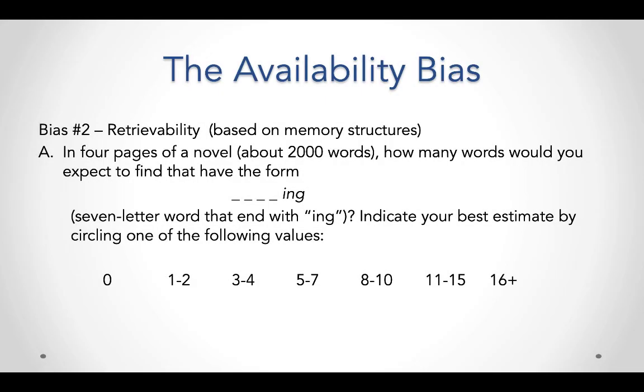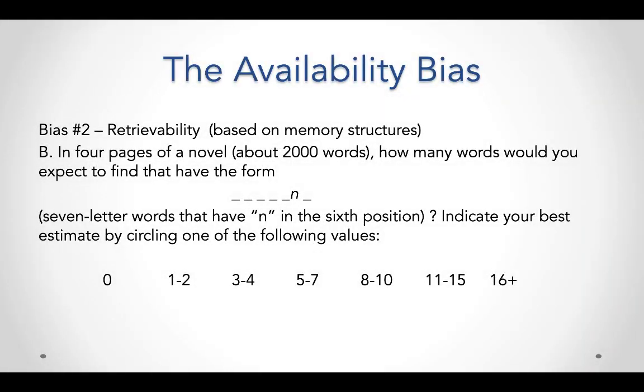All right, bias number 2 is called retrievability, it is based on memory structures, and it goes like this. In 4 pages of a novel, about 2,000 words, how many words would you expect to find that have the form blank, blank, blank, blank, ing? So a 7-letter word that ends with ing. Indicate your best estimate by circling one of the following values. So circle one of the groups and move on to the next page,